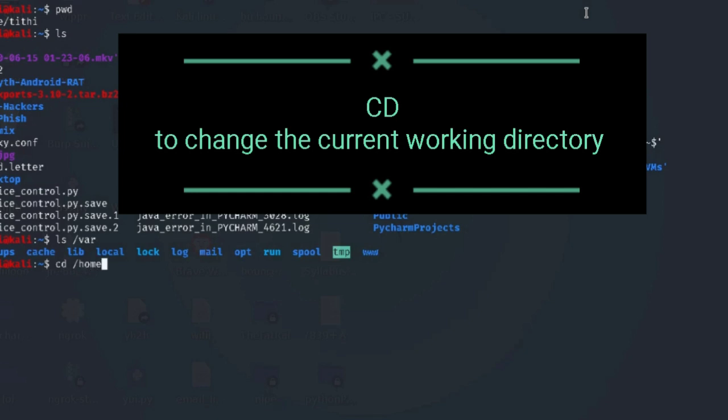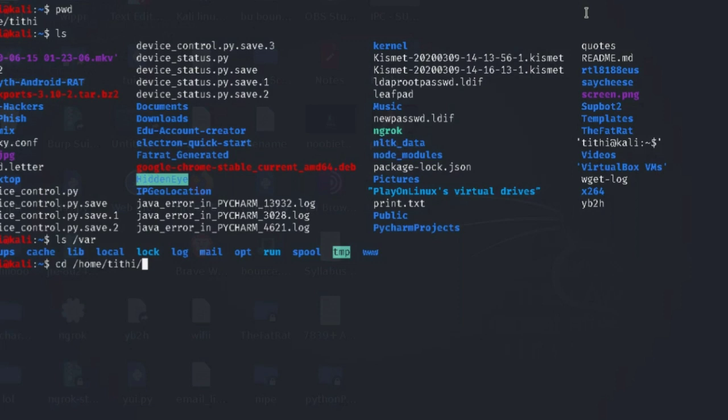Next comes the cd command. The cd command is the most important one. You can traverse and visit any directory just by typing cd and the whole location of that directory. Suppose I am writing this to visit the fastrat file through the directory home tt, so I can visit it and I can type whatever I want with it. This will help you do anything in the terminal and not have to visit the GUI version.